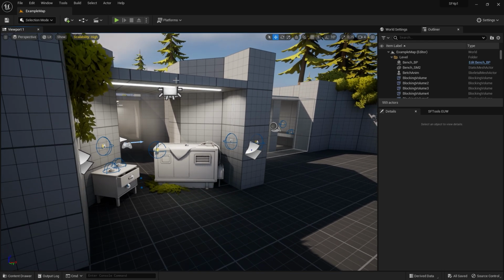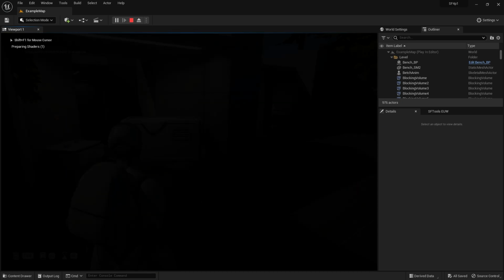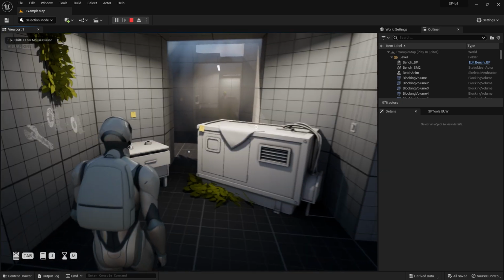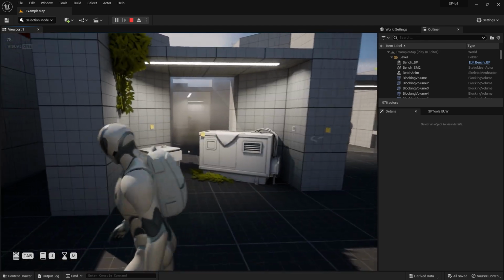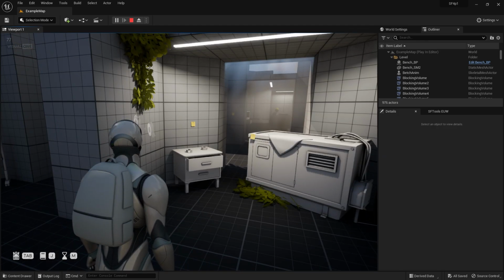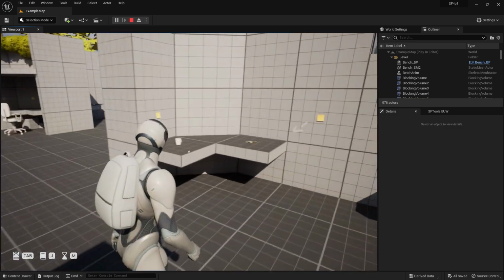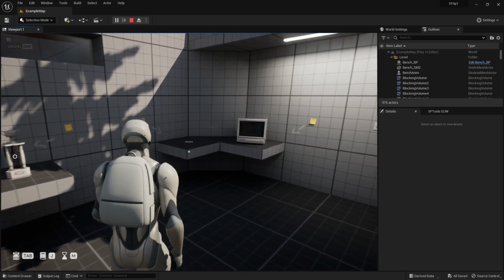So let's jump into that now. So if we go ahead and hit player, we have our player walking around. For this example, when the game starts, we're going to have a task that says pick up duct tape. When the player picks up this duct tape, we are going to, let's say, allow the player to pick up